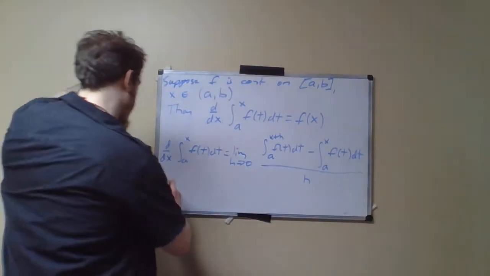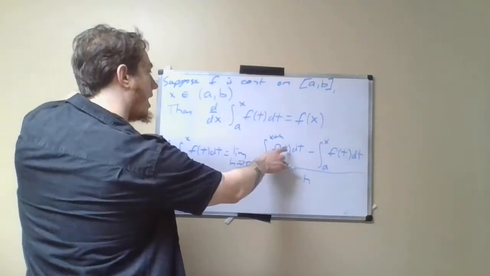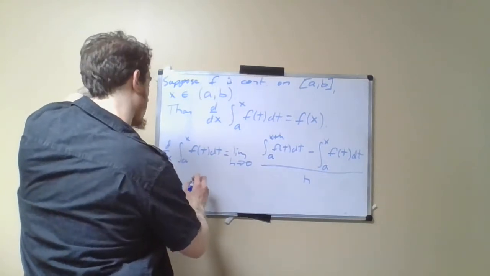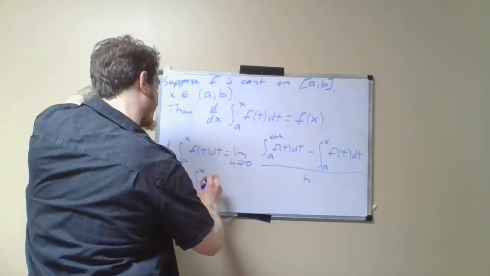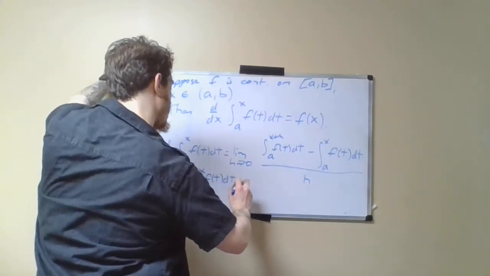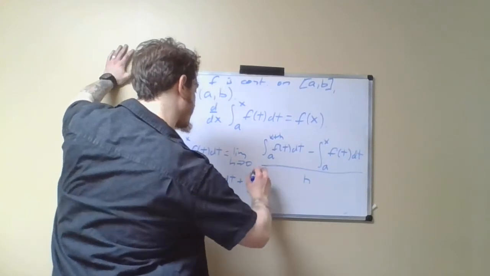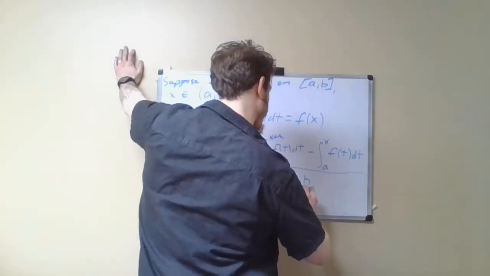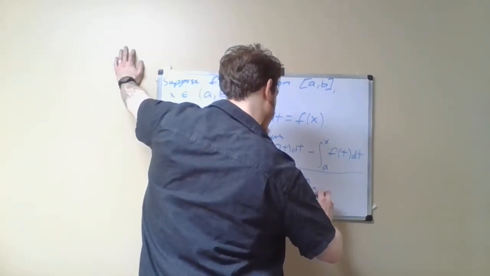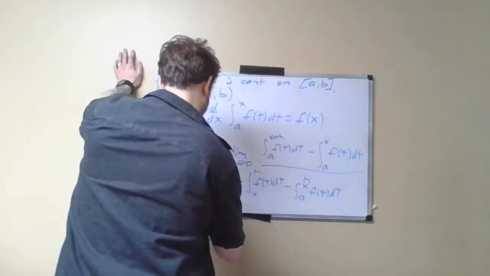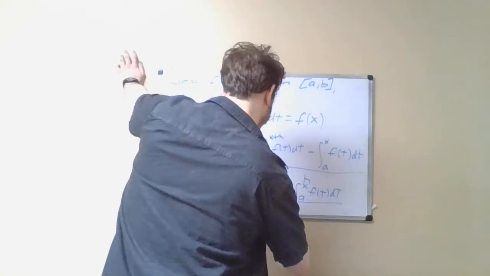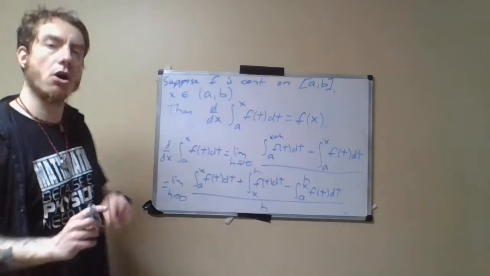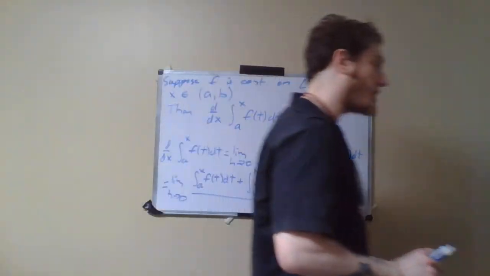So what can we say next? Well, I'm going to split up this integral into two pieces. So this is the limit as h goes to 0 of the integral from a up to x, f of t dt, plus the integral from x up to x plus h, f of t dt, and then we still have minus the integral from a up to x, f of t dt, all divided by h. Now, we said last time that continuous functions are integrable, and therefore everything involved here is